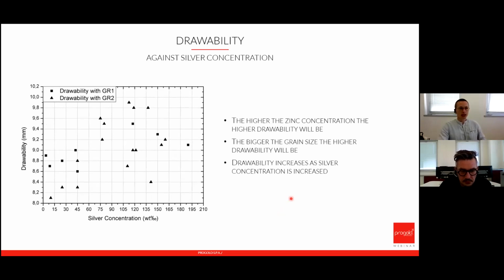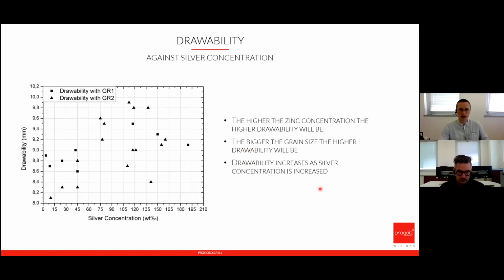Here the drawability. Okay, the drawability is very important for a particular item's production. So for example, if you want to do stampato, as we said at the beginning, these properties are important: the drawability, or deep drawing